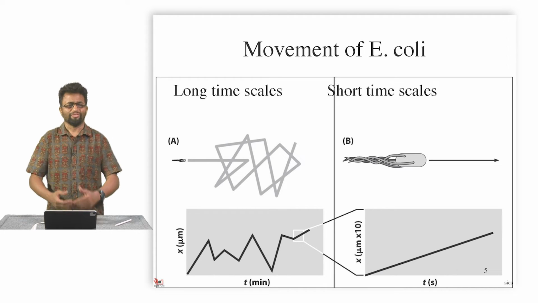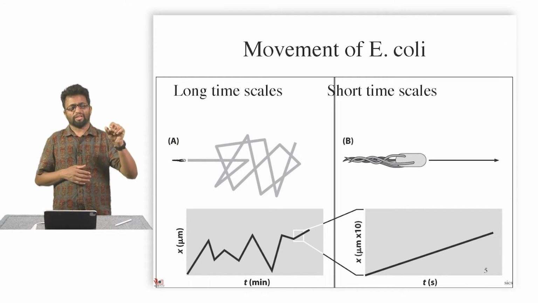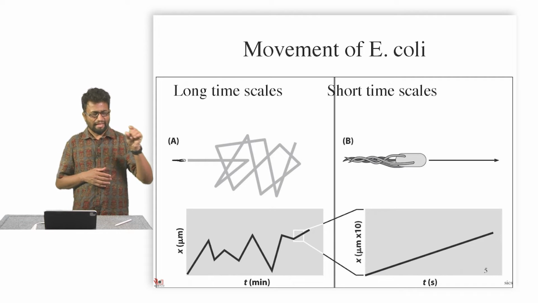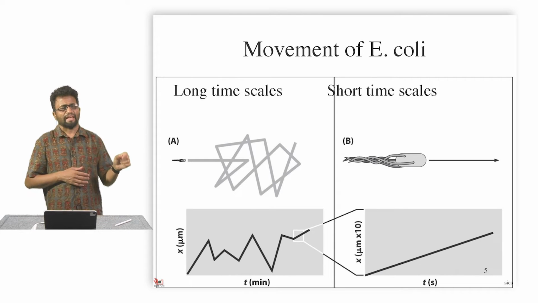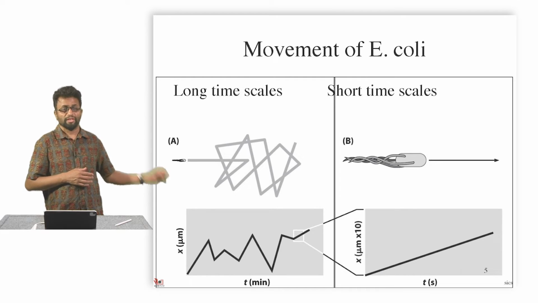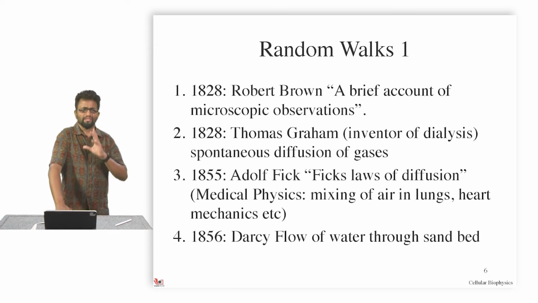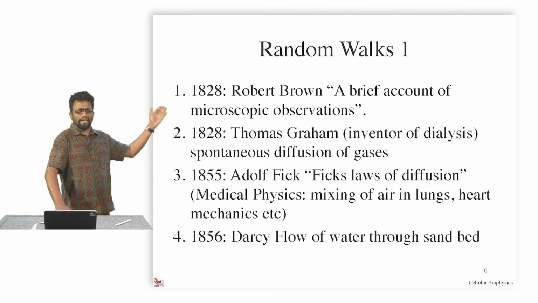the rule of drag, the nature of random walk of E. coli. The funny part is that E. coli is small enough, 2 microns in length, 1 micron in diameter, that in fact, it is subject to thermal motion and will undergo diffusive motion in short time scales, but in long time scales it undergoes vectorial motion. And so, a little bit of history of random walks is important here to highlight that Robert Brown made